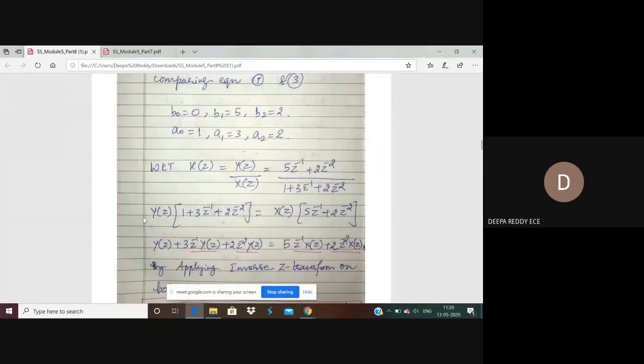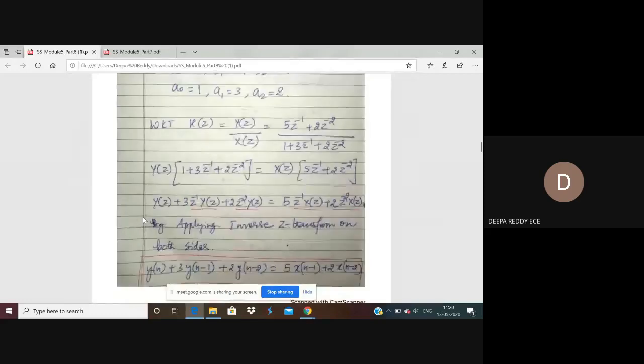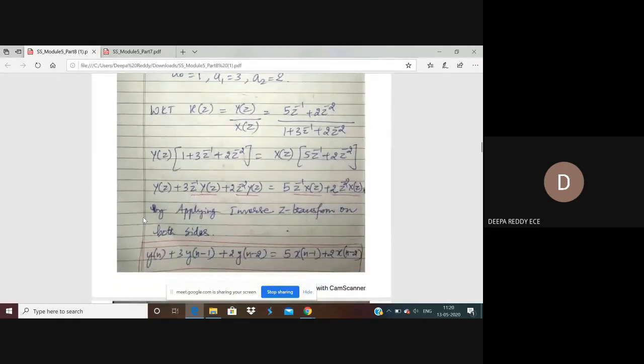So we take the inverse z transform, and you will get an expression in terms of y of n and x of n, a relationship between y and x. This is how we will solve such problems in LTI system analysis, transfer domain analysis using the